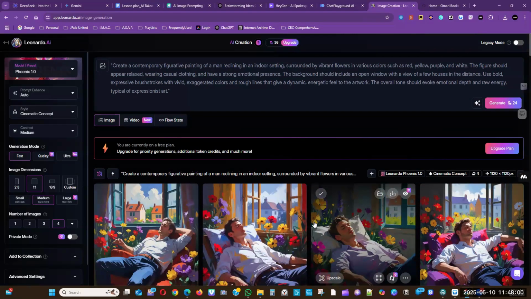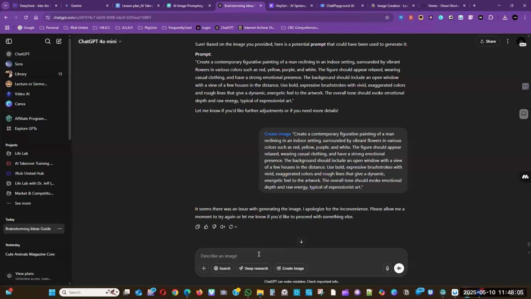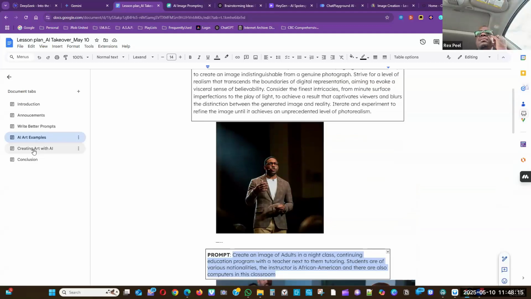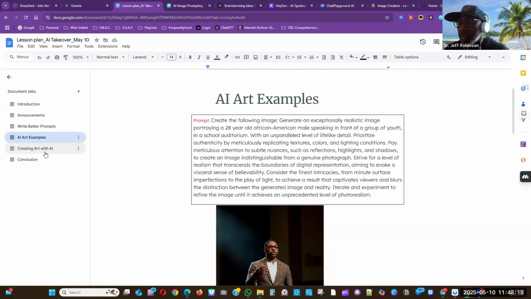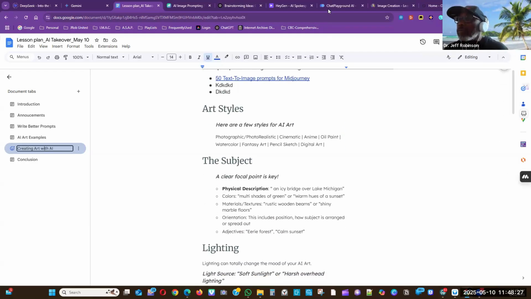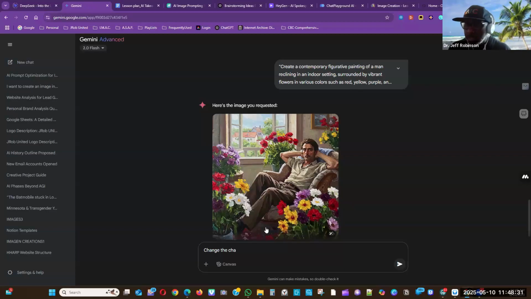Can you change that to a black man? Absolutely. Let's go. Change the character. Well, let me use the verbiage. Hang on. Change the subject. That's the word I'm looking for, because I want to use the verbiage that makes sense to the subject. Change the subject to a middle-aged African American. Where was I? Change the subject